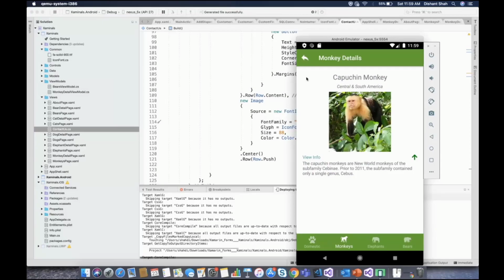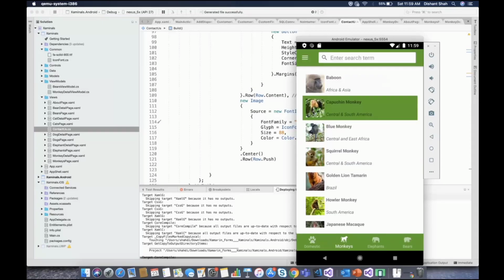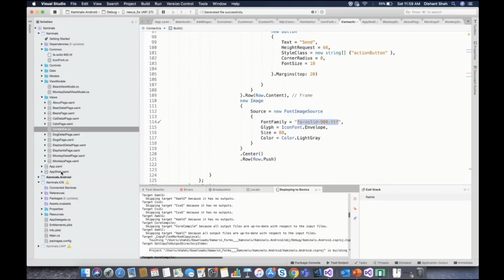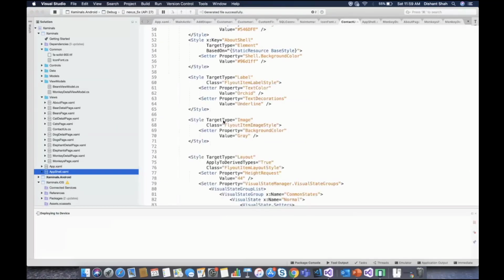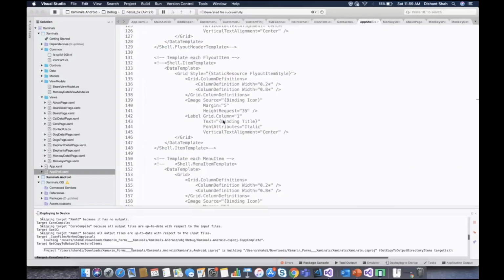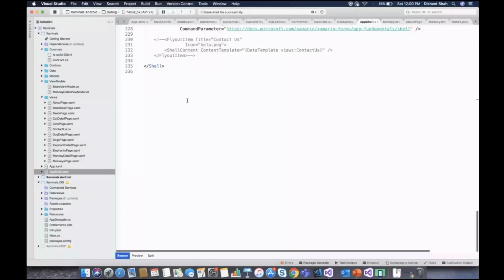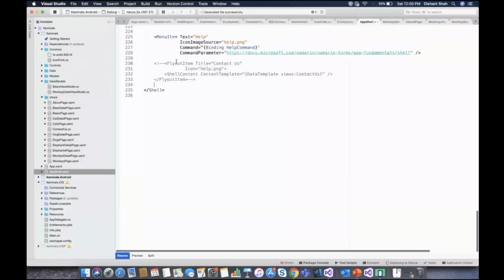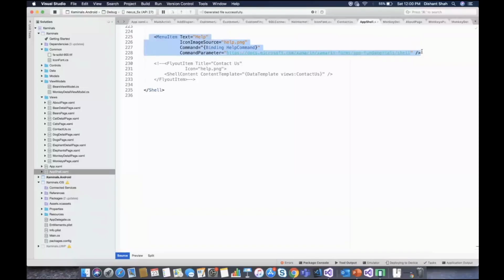But before that, I have to change my app shell. So let me add one more menu, contact menu. Let me comment this help. I don't want help. I want the contact us form.